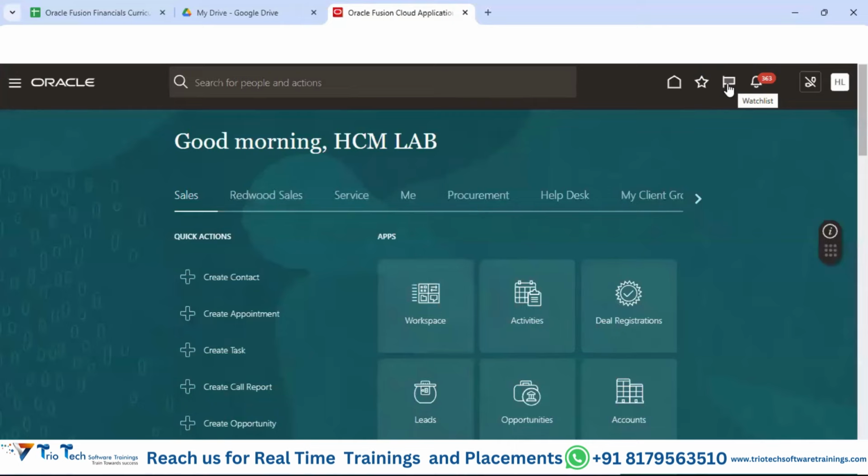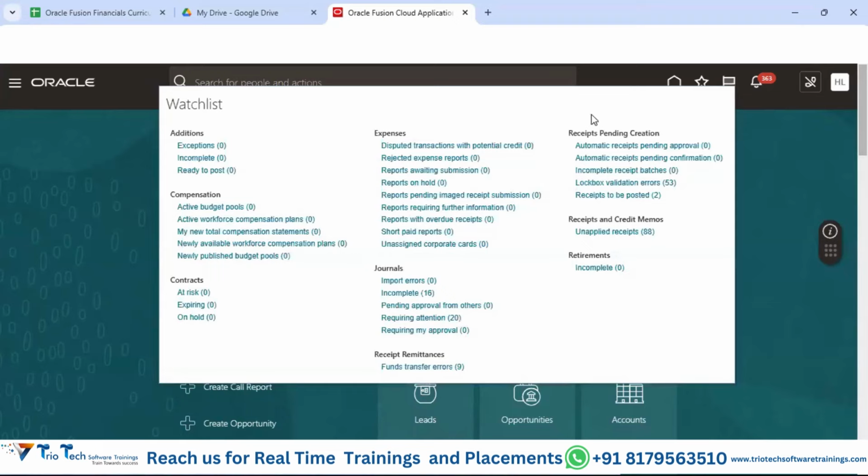Okay, just like if you are familiar with the equity stock related applications, where you mark certain stocks that you want to continuously keep a watch on under the watch list. Okay, it is the same way in case of Fusion applications. For certain kinds of actionable activities which you want to keep a close look on, that is where the watch list would be available for you to keep a track of it. And that is again dependent upon the application and function accesses that you have within your login. Okay. So if I click on this tab, watch list,